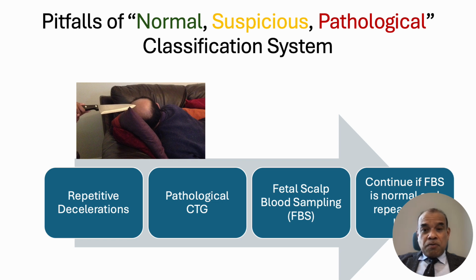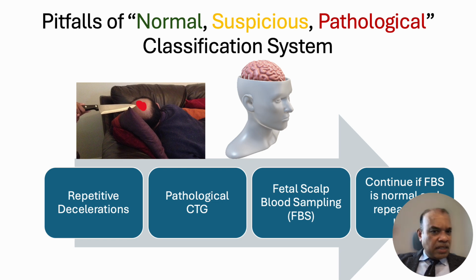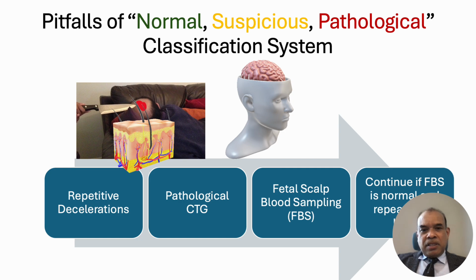So from 2001, when it was first recommended, it was repeated despite scientific evidence showing that it was harmful. And lots of women had unnecessary cesarean sections, and lots of fetuses had perinatal brain damage or sadly died because of this test. Some senior obstetricians thought that taking the blood sample from the skin of the scalp reflected the brain, because the skin of the scalp was close to the brain, which is nonsensical because skin is a